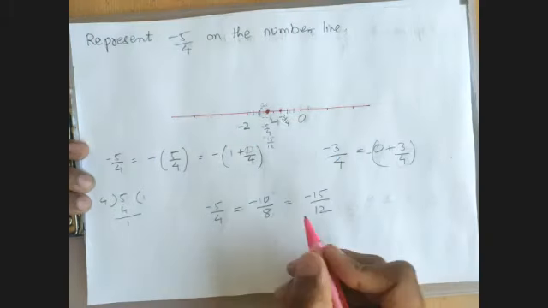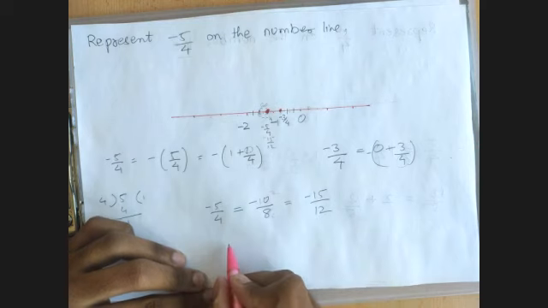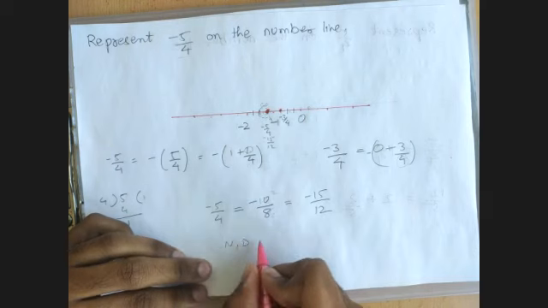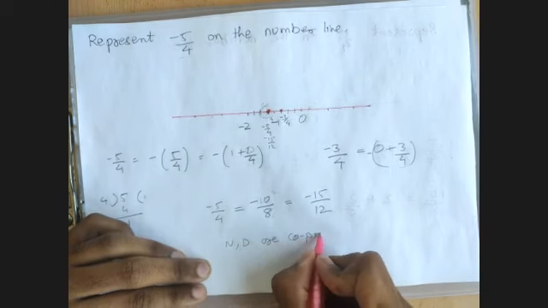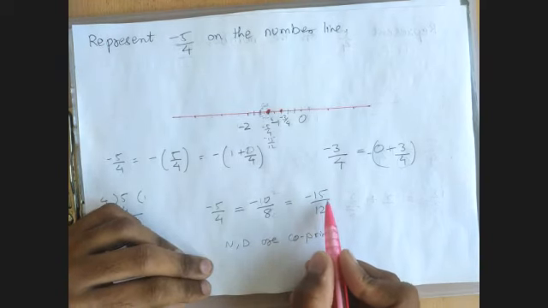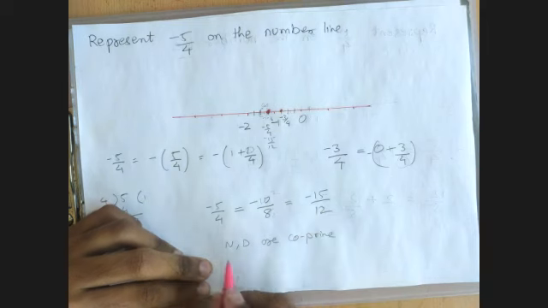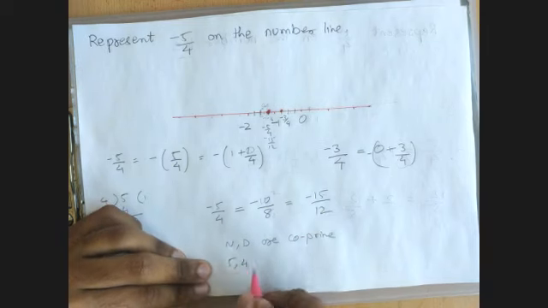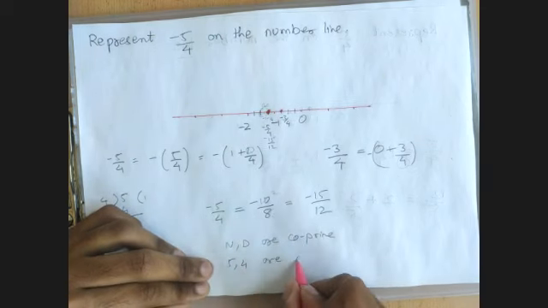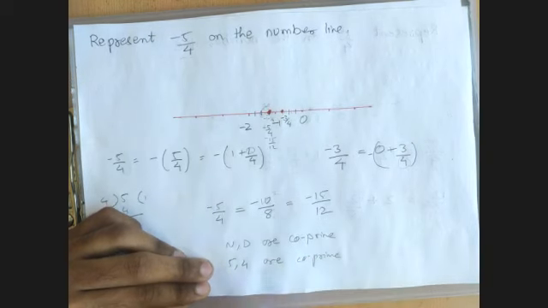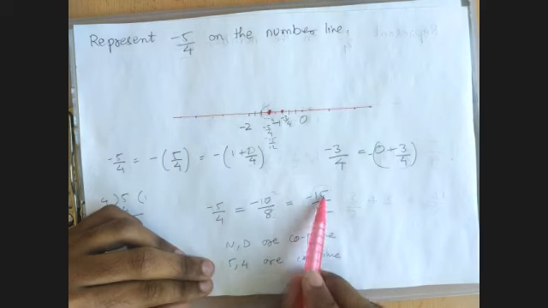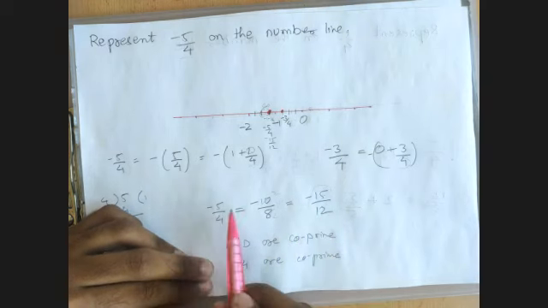So never get confused. Whatever number is given, we have to make sure that the numerator and denominator are co-prime. In this case, 15 and 12 are not co-prime. We have 1 and 3 as the common factors. But if we come to 5 and 4, only 1 is the common factor between 5 and 4. So they are co-prime. So we should not get confused with this number and this number. Both are same. We have to divide this and make them into co-prime numbers and then plot it.